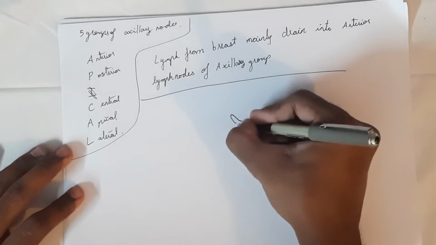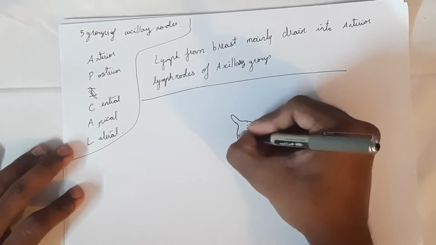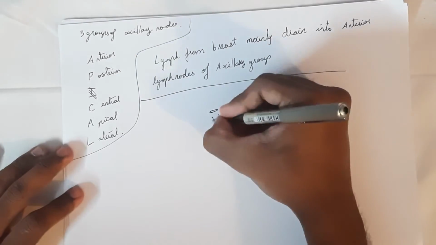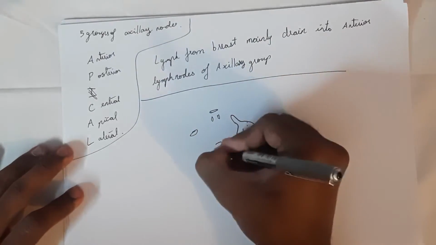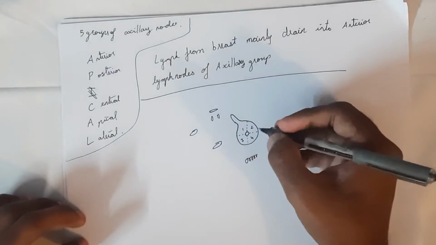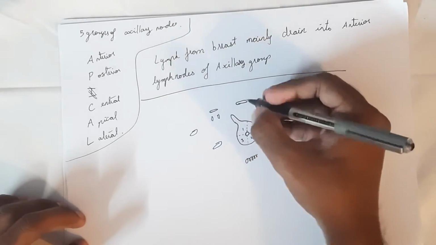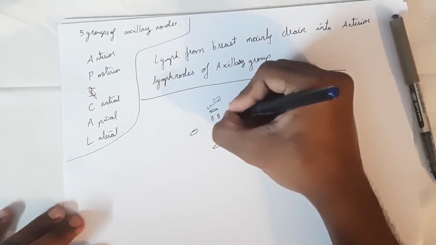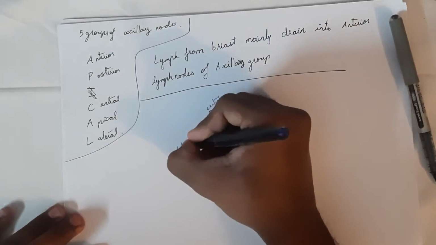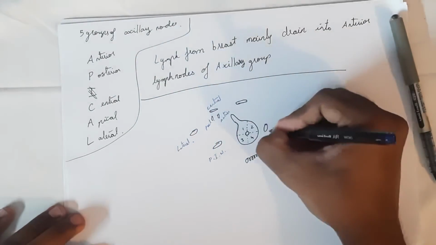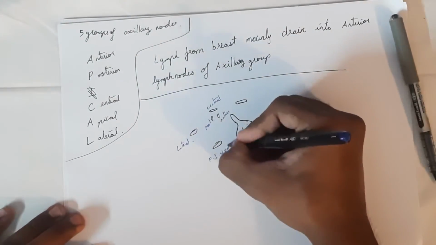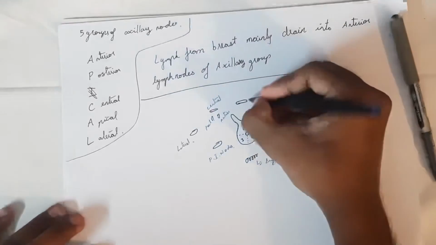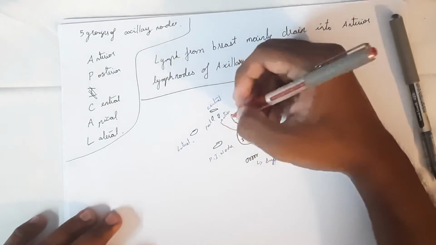And now moving on to the diagram. It's very simple. Draw the breast along with the axillary tail of Spence divided into 4 quadrants, 1, 2, 3 and 4. And then you draw the axillary nodes, that is the central, posterior, anterior and lateral, and the posterior intercostal nodes, the internal thoracic nodes, the subclavian nodes, and the apical nodes. Mark them all one by one. And now you can draw the drainage.